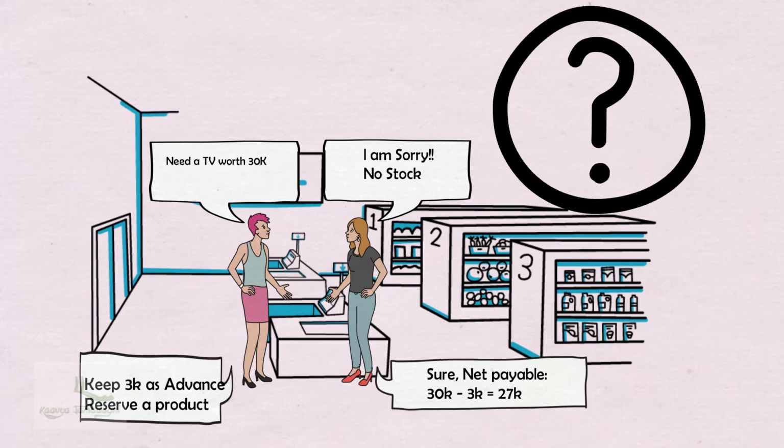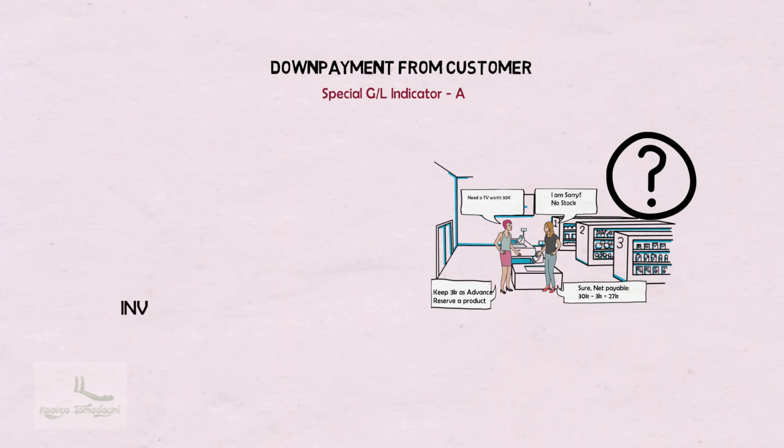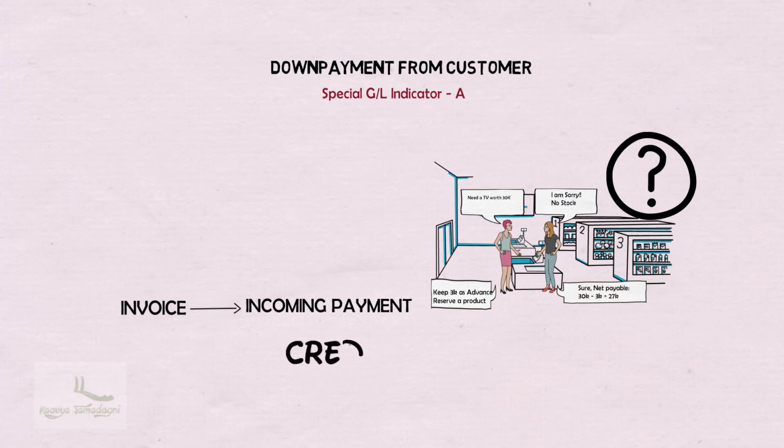But how can we do this in SAP? There the question arises. Till now, we were posting the incoming payments only after posting the invoices, like we have seen in the account receivable process. But in this case, we have to first generate the payment document which we received from the customer. We have learned a similar process in the previous section, that is credit memo. But is this really a credit memo type transaction?